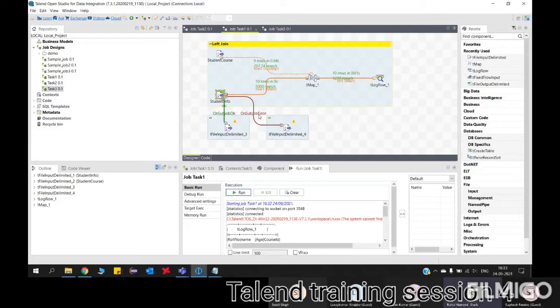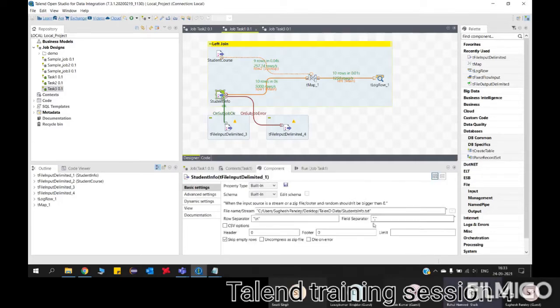Now let us make some mistake in the very first subjob. Change something. Just remove the file name or give something unexpected. File delimiter would not fail the job. Remove the file name or give some other name which is not present.